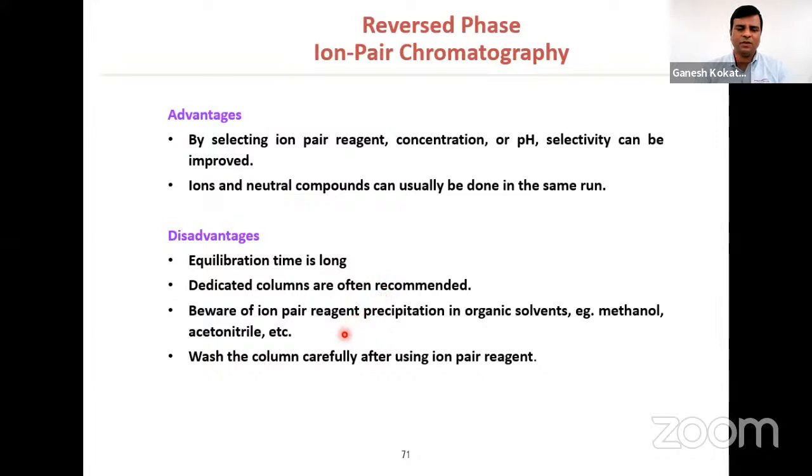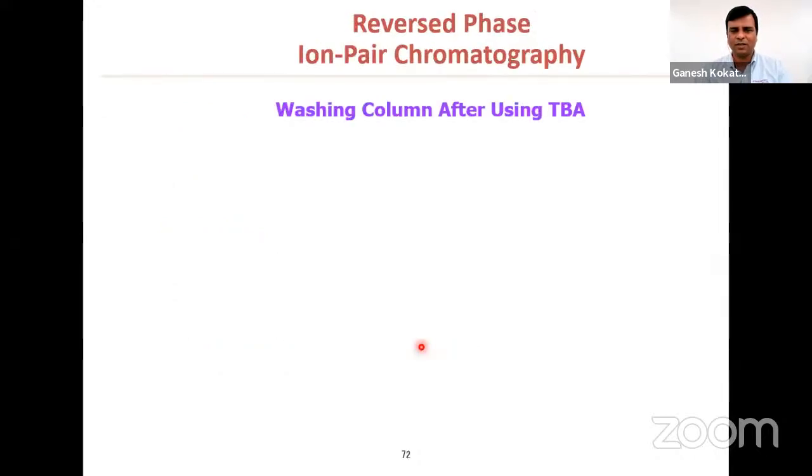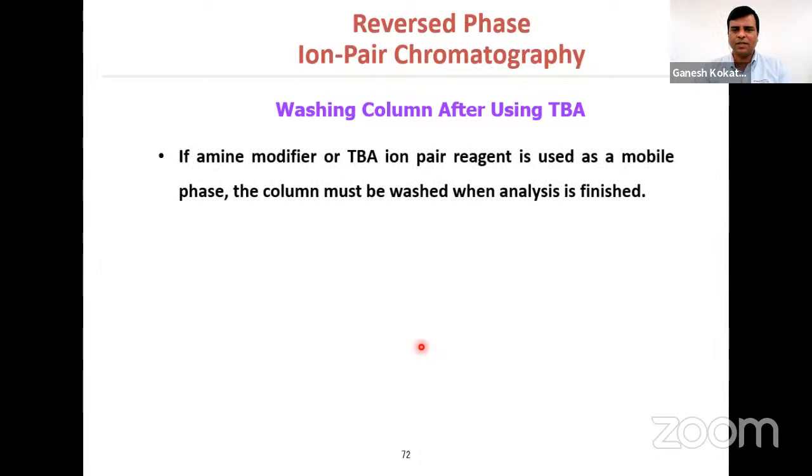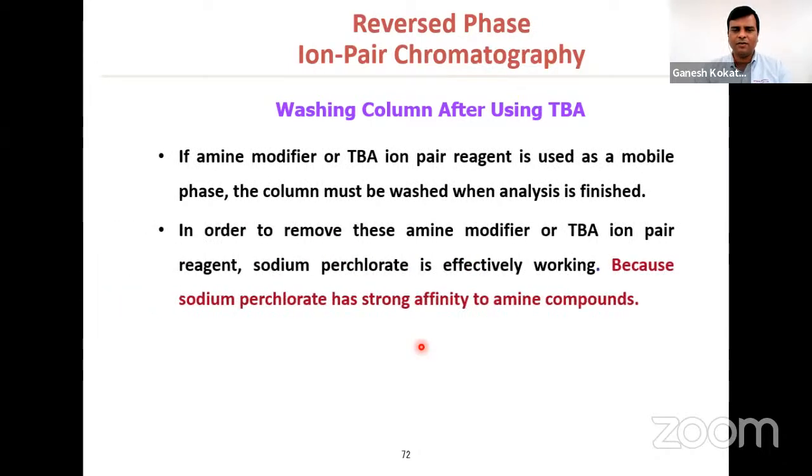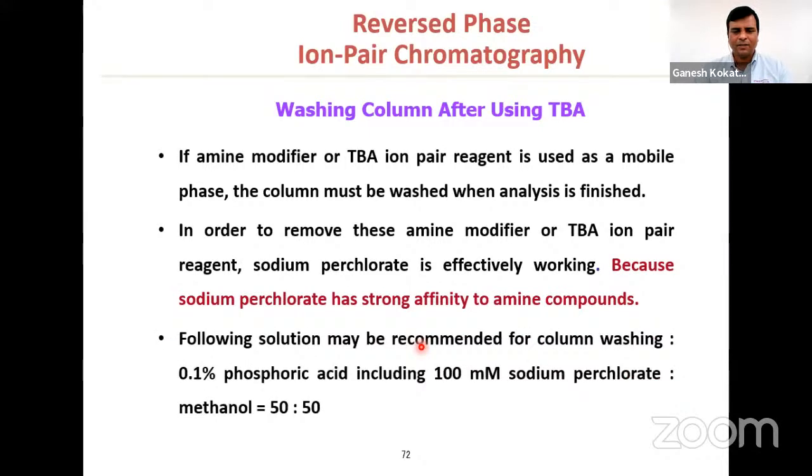We need to wash the column thoroughly before analyzing other analytes, even with the same ion pairing reagent. So there are different column chemistries that need to participate, to play with the ion pairing. This column chemistry, or ion pairing chromatography, is not as familiar or as popular as compared with other chromatography sections. So obviously we require some washing reagents as well. If you use some modifier or TBA, then we need to wash the column with the help of mobile phase or with different washing solvents, or maybe phosphoric acid including 100 millimolar sodium perchlorate and